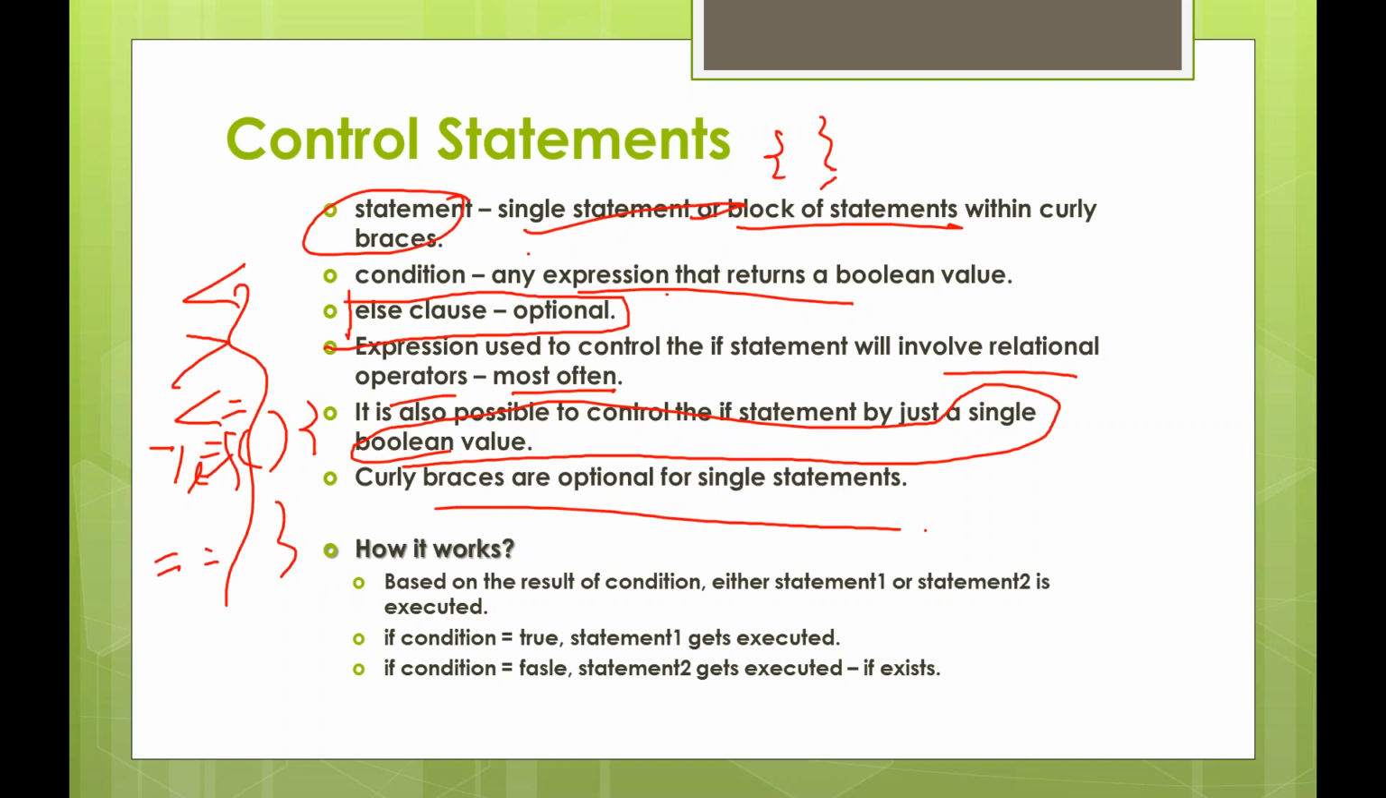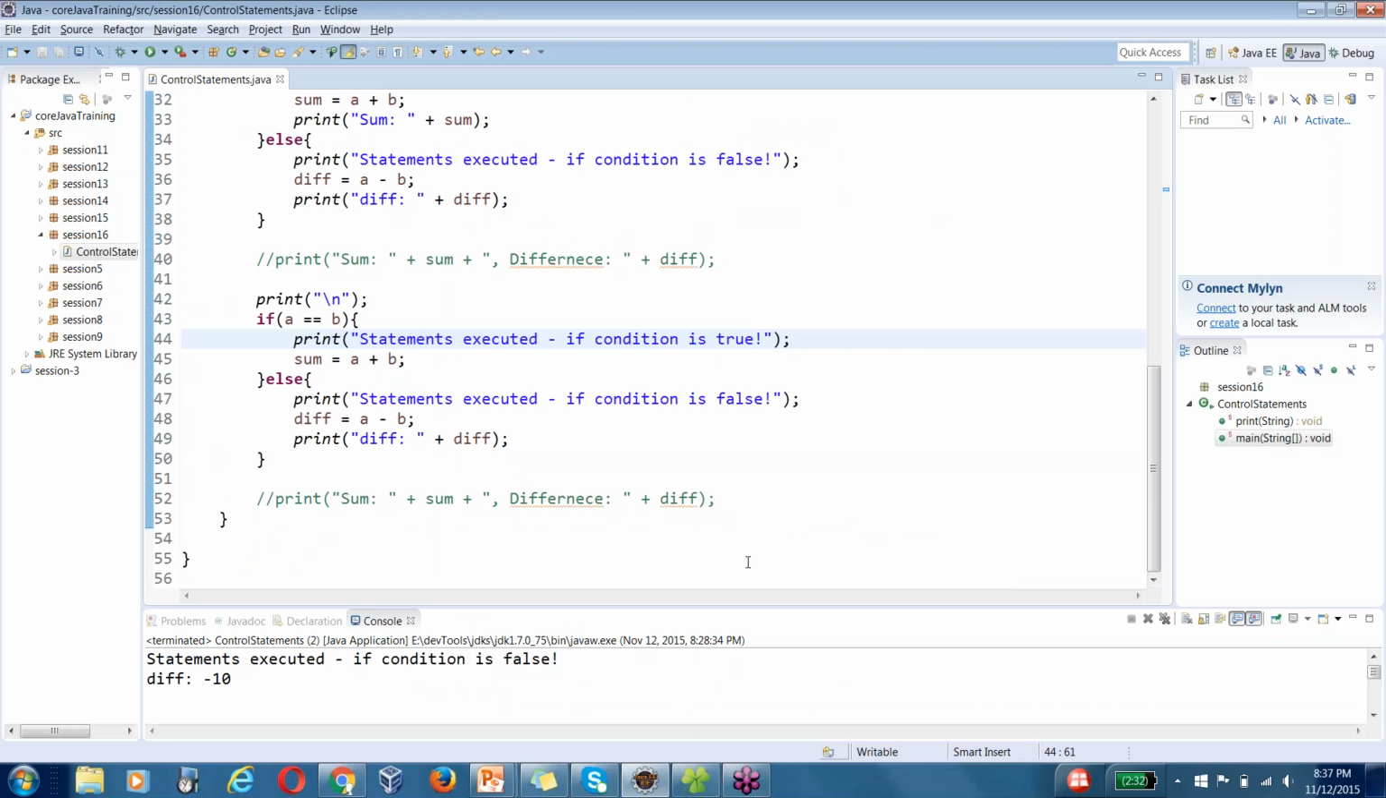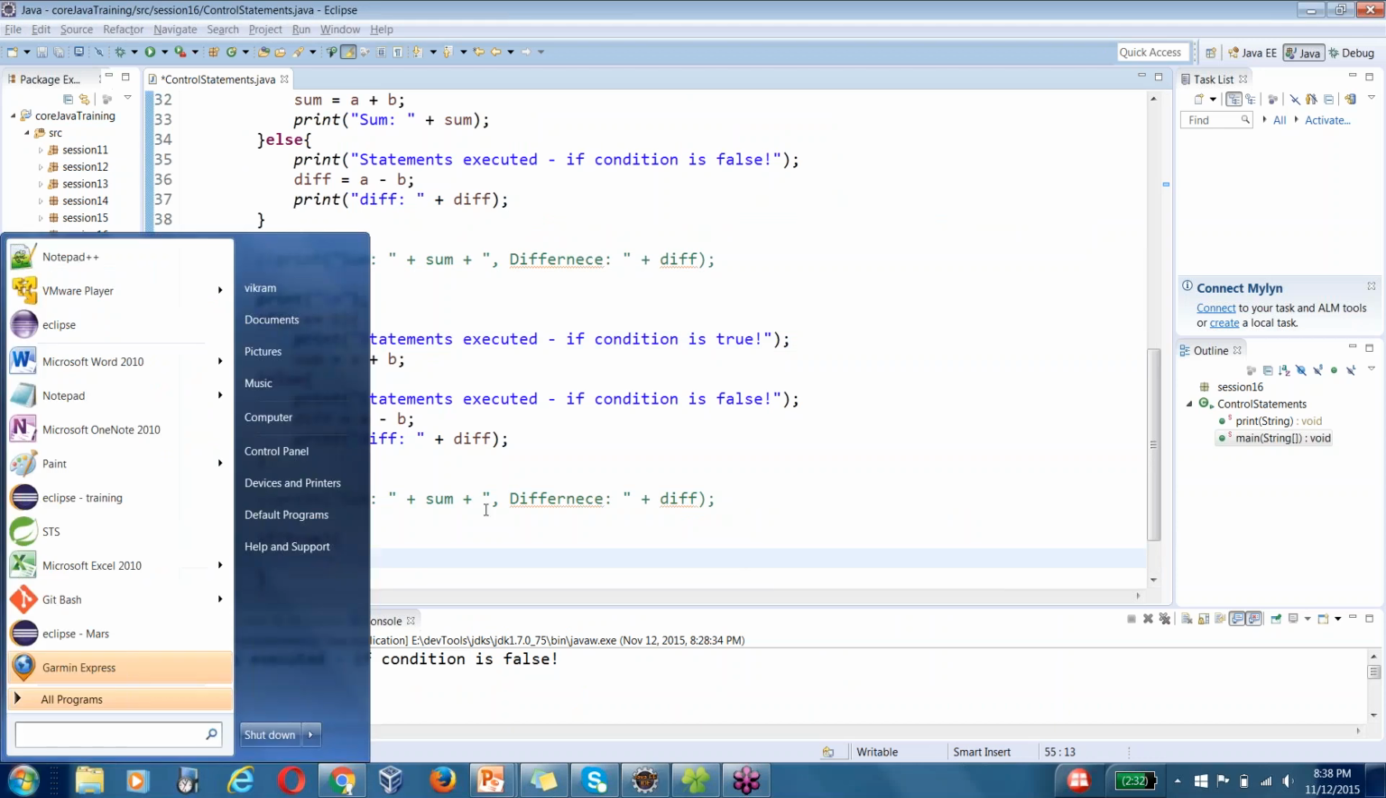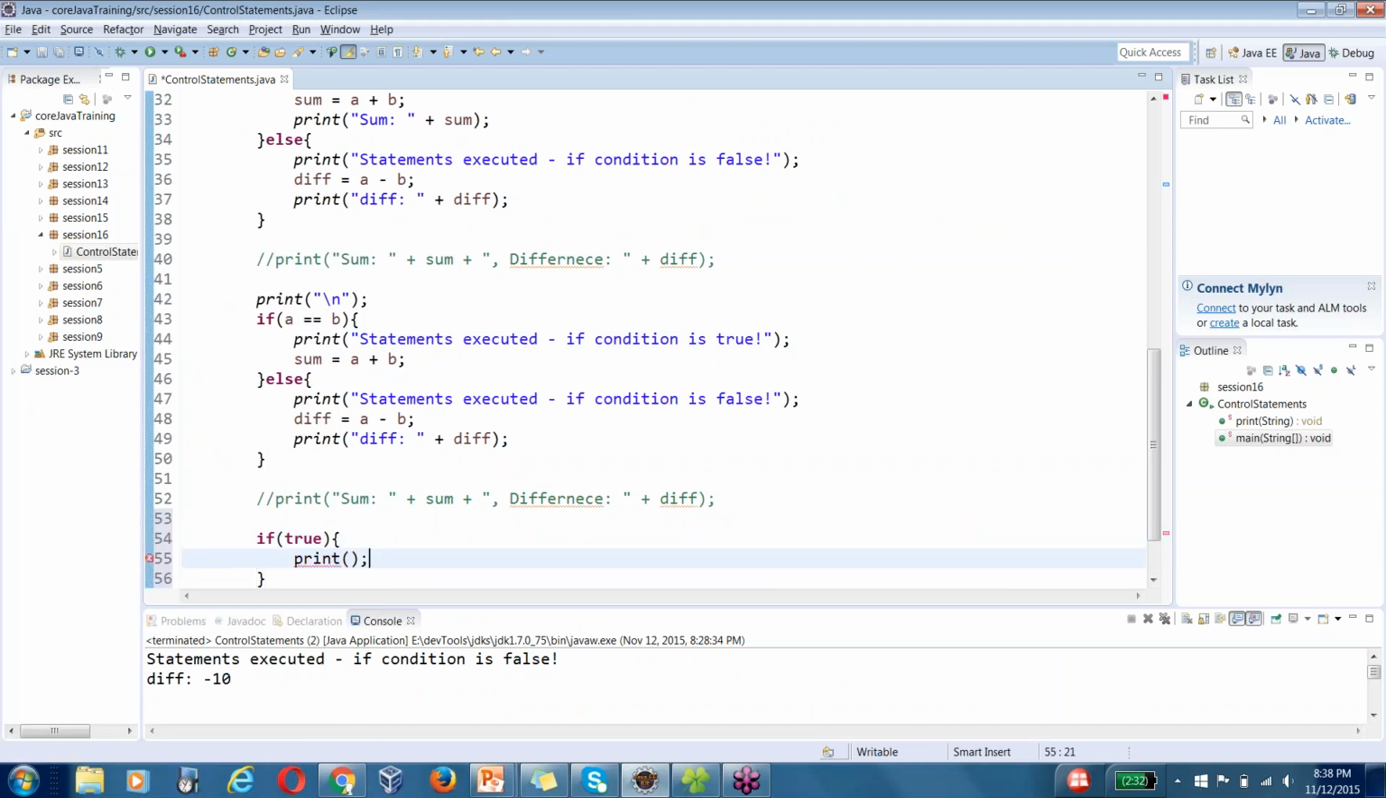As I mentioned, curly braces are optional in case of single statements, and the execution depends on the result of the condition, that is the Boolean expression or the output of your relational expression, either true or false. True means your if block is executed. False means your else block is executed. So here, it need not be a relational expression or Boolean expression. It can be just true, as we mentioned. True, print,